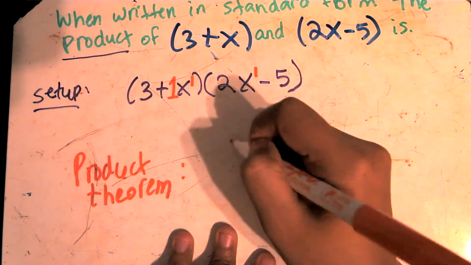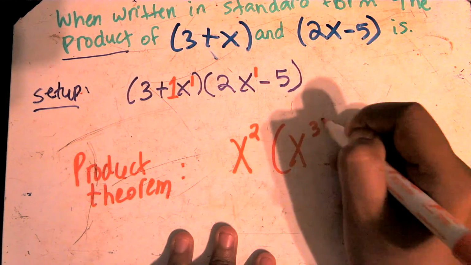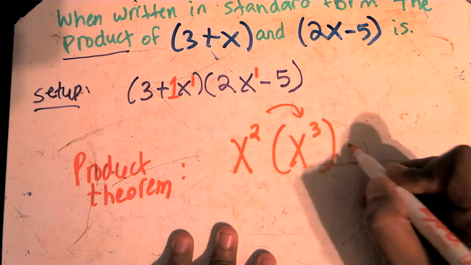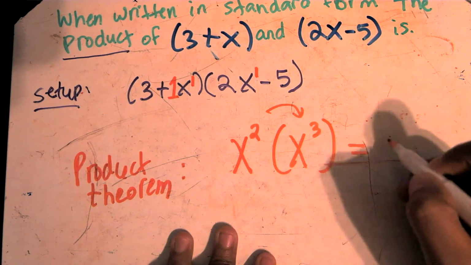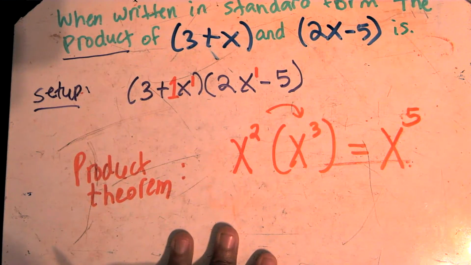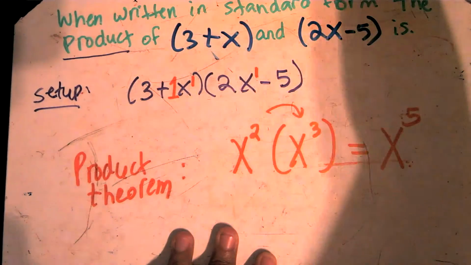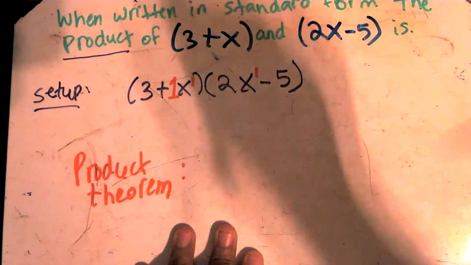So for example, x to the second power times x to the 3rd power. That means I have 2 x's being multiplied times 3 x's being multiplied. So that's 2 plus 3, 5 x's being multiplied to themselves. Now what happens if you have a coefficient? A coefficient